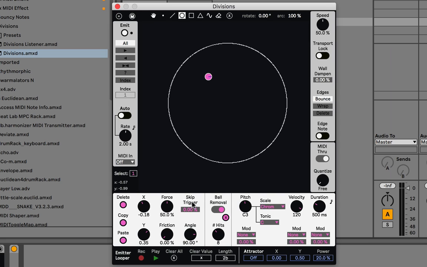Like, for example, right now we're just hearing the same note when it hits, but what if we want the note to be different depending on the height where the ball hits? Well, to do that, I go down to these emitter settings. Here's the pitch here, and then I can modulate the pitch here. I'll choose Y, which is the Y position of the ball, and then I'll add a bit of that modulation. And then when I shoot a ball now,